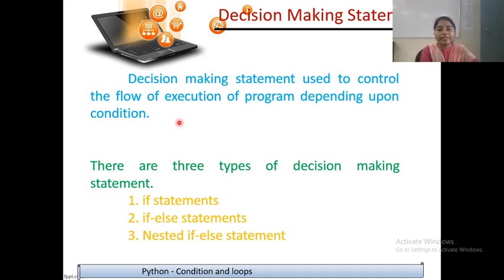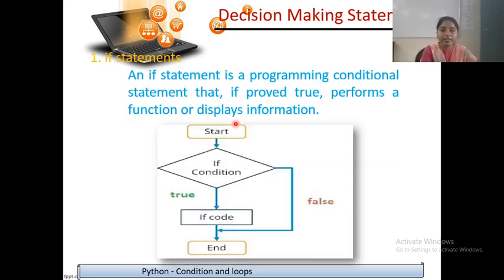See, what do you mean by condition? We already used this in many practicals. For example, to check whether the number is even or odd. So what was the condition for that practical? The condition was to check whenever you are dividing any number by 2, the remainder is 0 or not. If the remainder is 0, it means that number is even, and if the remainder is not 0, it means that number is odd. So this is the condition. We'll see how it is handled.